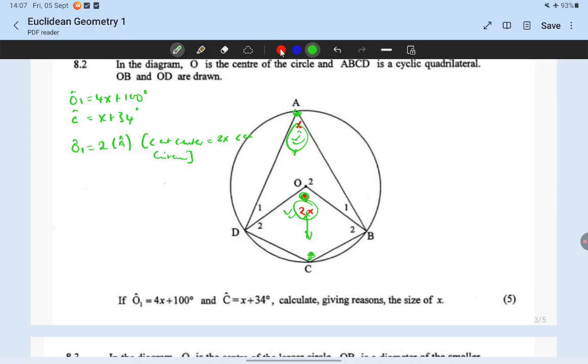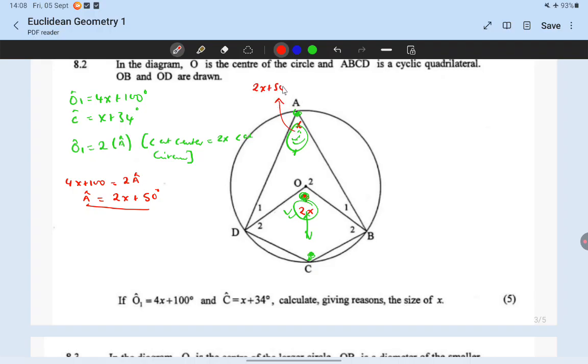Right, it's equal to 2 times the angle at the circumference. So which means that our O1, we know that this is 4x plus 100, is equal to 2 multiplied by angle A. So we can divide throughout by 2. So our angle A can become, if we divide by 2, this becomes 2x plus 50 degrees. So this is the value of this angle,